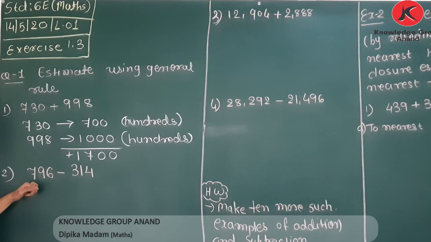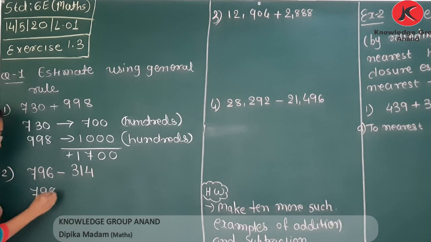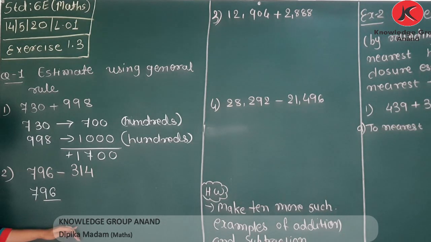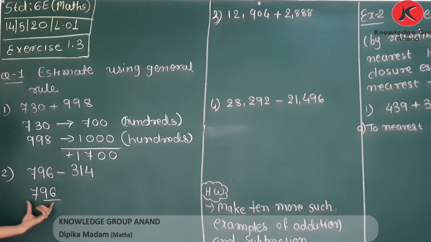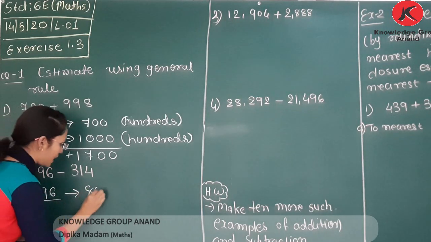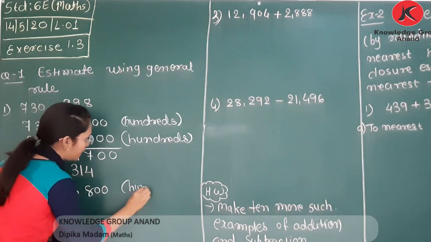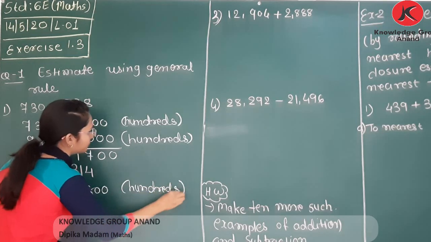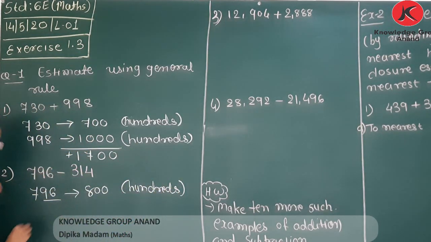Next one, 796 minus 340. So if you perform the 100 estimation, then it lies between 700 or 800. 700 કે 800. It is nearer to 800, so estimated value is 800, that is called 100 estimation. Now 340. હવે એવું જરૂરી નથી કે આને 100 કરું તો આને પણ 100 કરું. તમે ટેન્સ પણ કરો તો ચાલે, but 100 will be easier to perform.